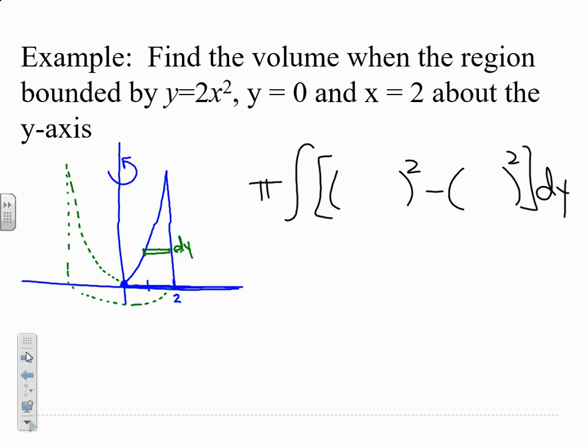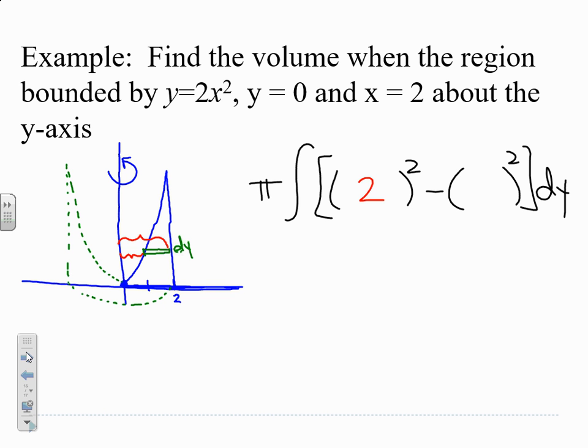Okay, so this is my outer radius, it's the furthest away. And so the axis of rotation is 0. We don't have to really worry about that number. And so we're going to put 2 in for our outer radius. And then the left side of the rectangle is closest to our axis of rotation. That would be